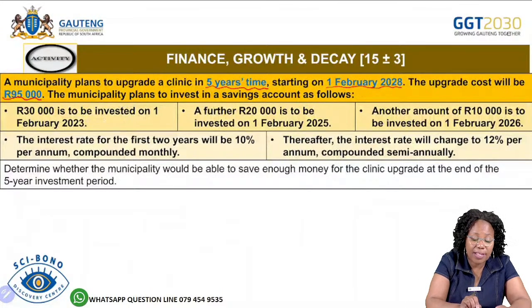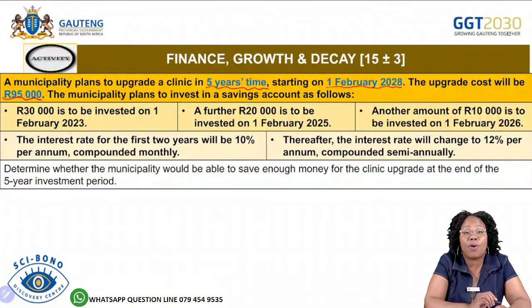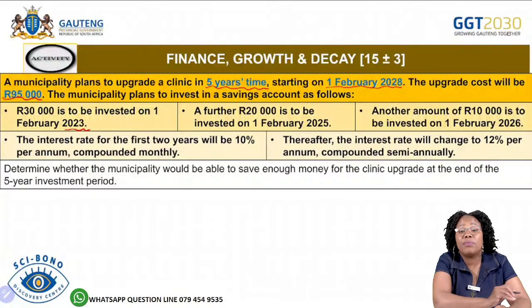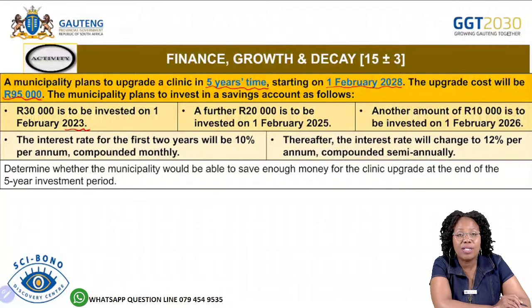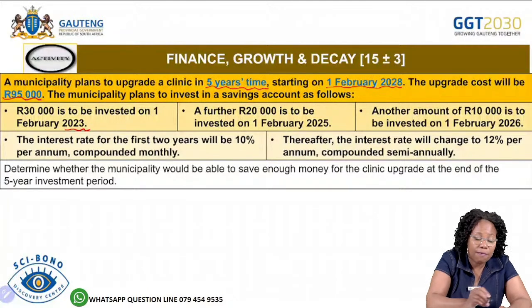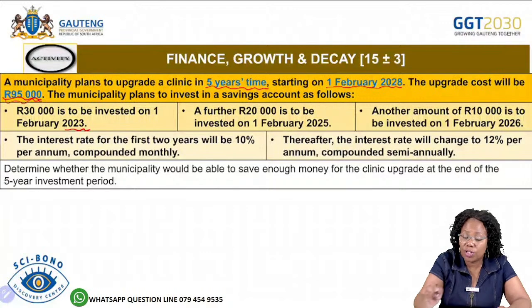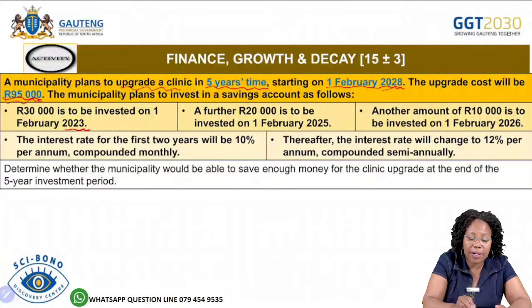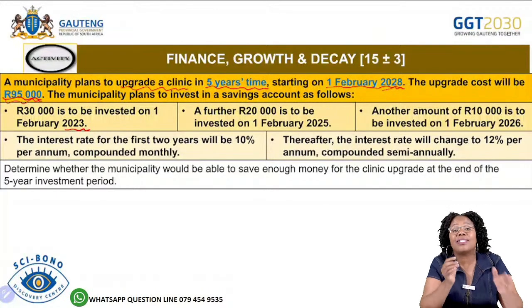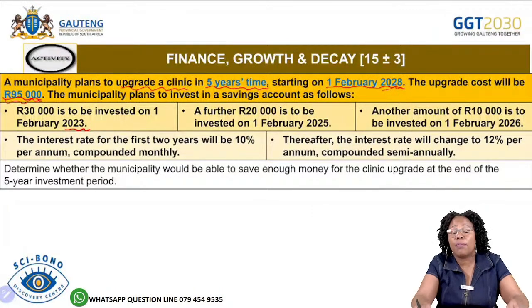30,000 is to be invested from the 1st of February 2023. That means that is the starting of the investment. We will be starting our investment from 2023 with the first value that will be deposited, 30,000. Remember, we want to save for 95,000 because in 2028 we need 95,000 in order to do what? To upgrade a clinic. That means this is a timeline type of equation,